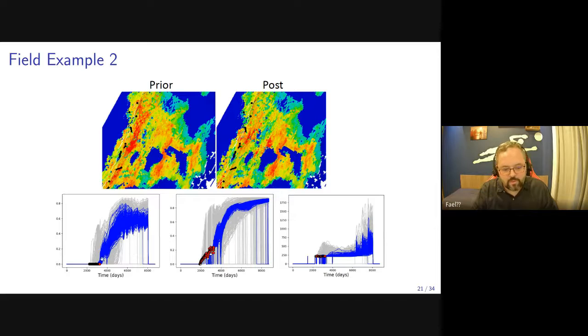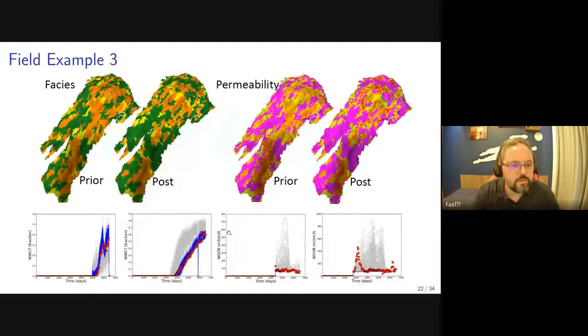So there is a forecast in this example. This is my uncertainty in that particular property, which is probably water production. You see, water was not arriving at the wells, then they just arrived, then we start producing lots of water. A third example is a little bit different because now I got a property which is really not